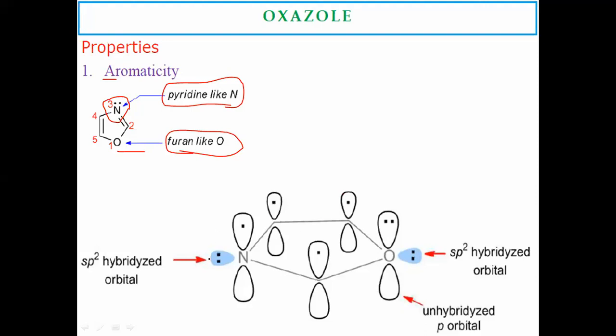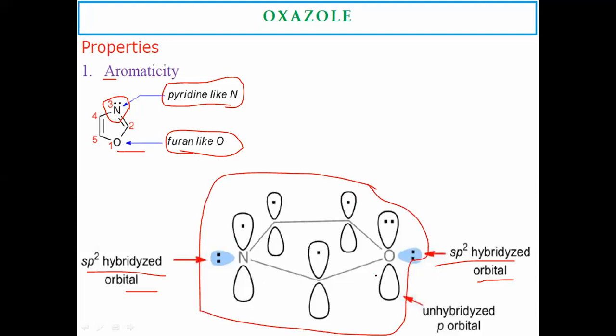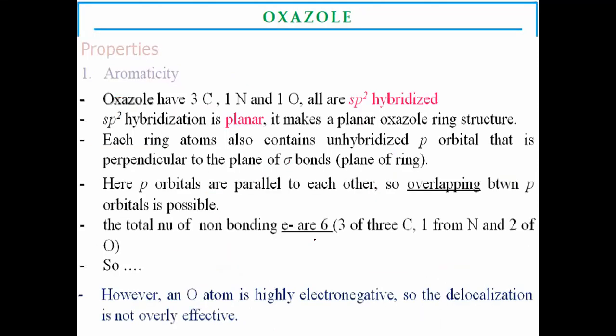Here, all the atoms are sp2 hybridized. Here, this is the orbital picture of oxazole. Here, oxygen and nitrogen are present at 1 and 3 positions, and their shape is like that. These are the carbons in this oxazole, 3 carbons, 1 oxygen and 1 nitrogen containing components in a 5 membered ring.